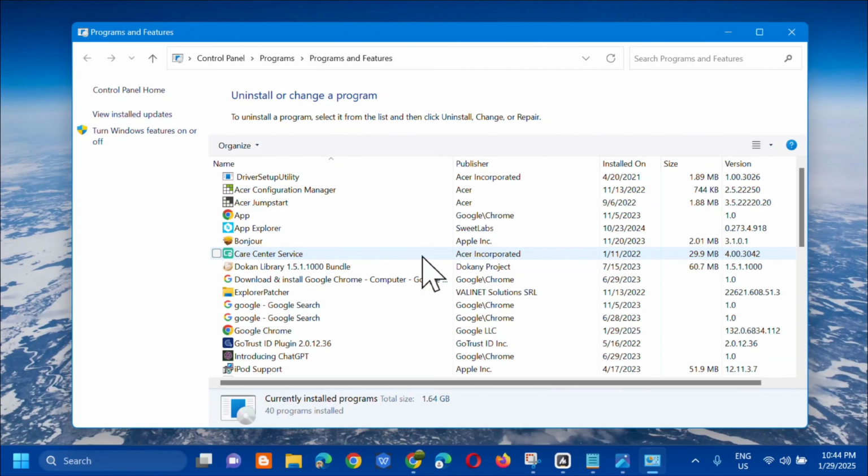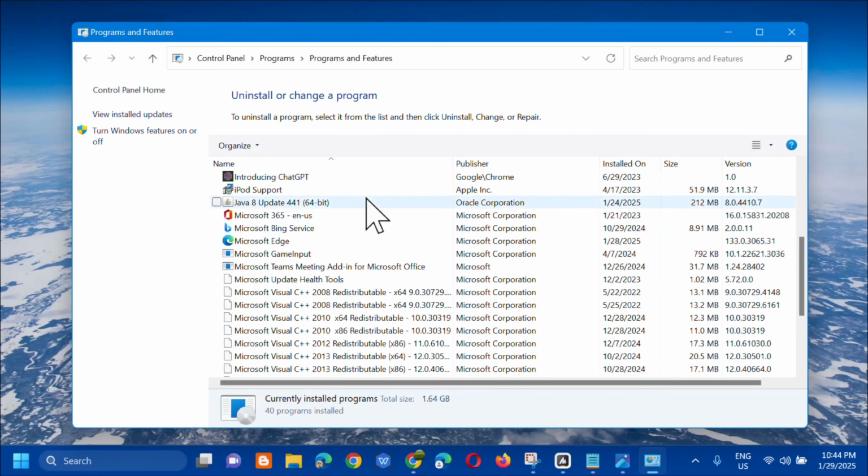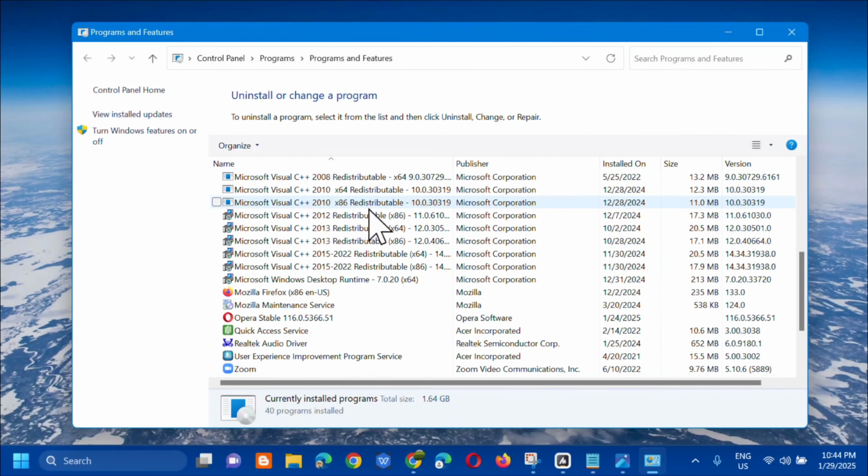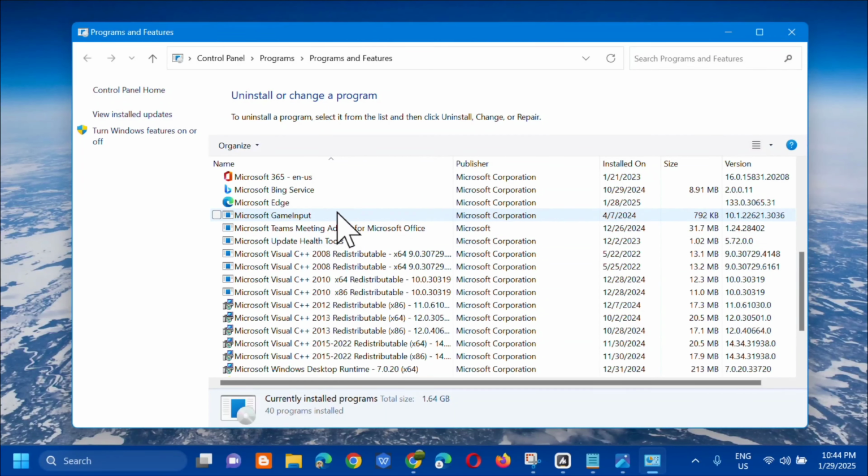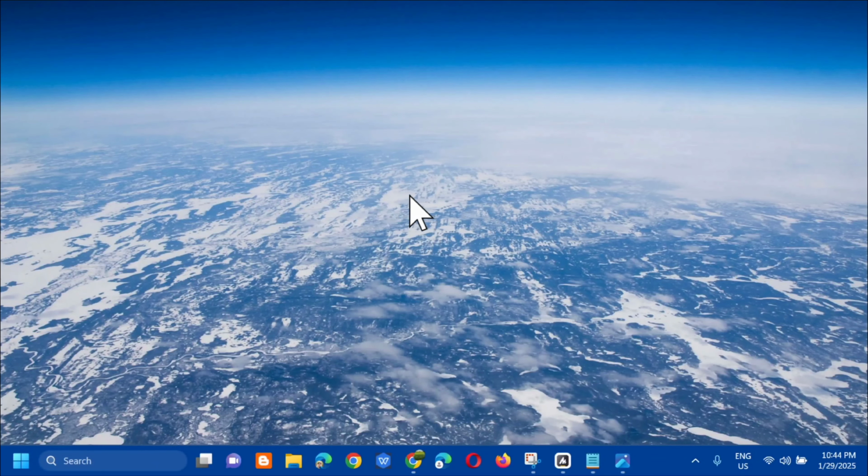And once na-open mo na dito yung Programs and Features, ang next step ay kailangan mo lang i-locate dito yung Notepad. Alright? So hanapin mo lang dito yung Notepad, for example, and then kailangan mo lang ito i-uninstall. So select, at dito lang sa taas makikita mo yung uninstall, and then kailangan mo lang itap dito. Alright, so after dito sa Programs and Features, the other solution na pwede natin gawin is to repair or